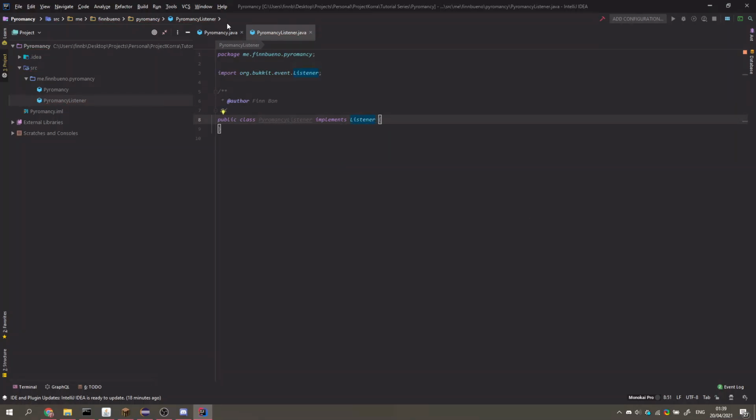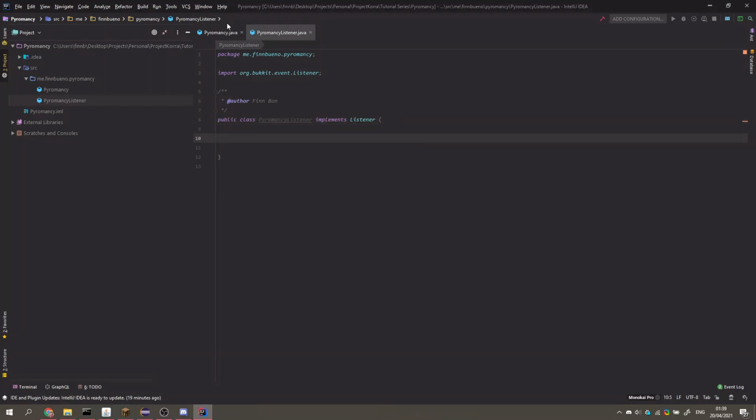This can be a mob spawning, which is an event. The player left-clicking or right-clicking a block or an item is also an event. Someone taking damage is also an event. And there are a lot of events in Spigot, also in ProjectKorra, and we can listen for any of them. And when we listen for an event, we will be notified when it takes place. Any listener class needs to implement Listener,